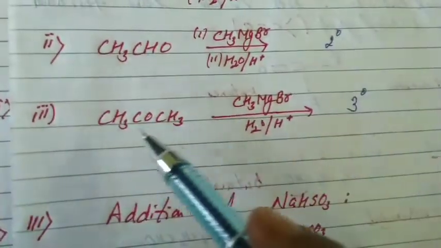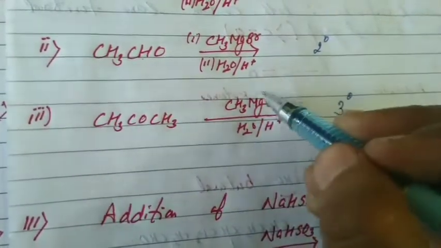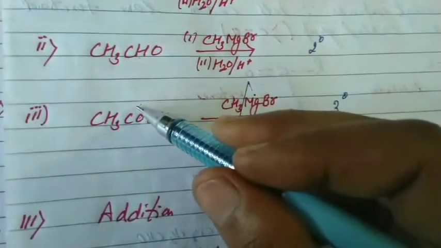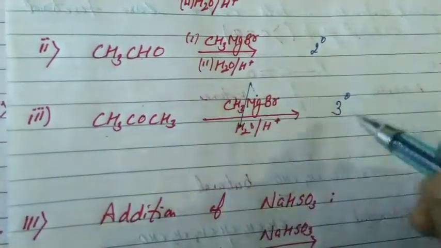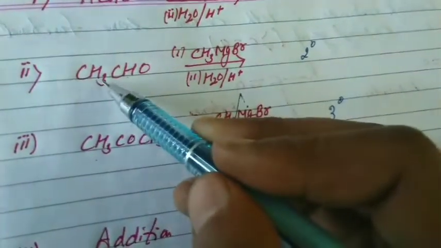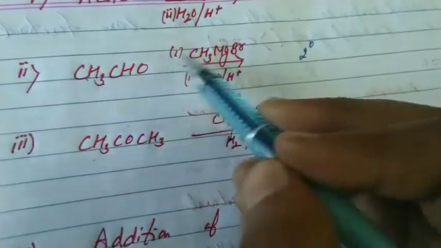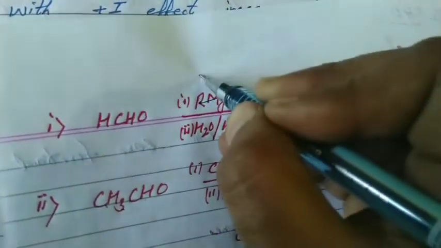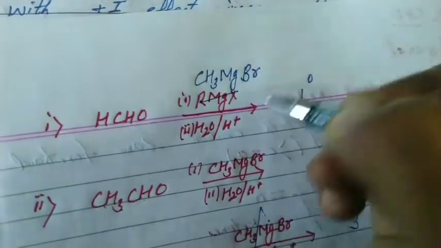It is clear, students, how many alkyl groups are in this carbonyl compound? 2. One more will be added because when the metal-carbon bond breaks, metal attacks on oxygen and the alkyl group attacks on the carbonyl carbon. That is, one more alkyl group will be added, 2 plus 1, 3, it gives 3-degree alcohol. Already there is one alkyl group, the second from Grignard reagent participates, 1 plus 1, 2, it gives secondary alcohol. And formaldehyde gives primary alcohol, CH3MgBr, let it be RMgBr or CH3MgBr. One I am going to do, and these two you have to do, students. Again, that's your assignment.